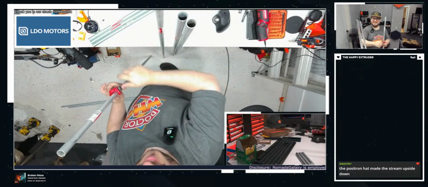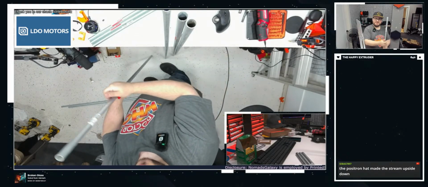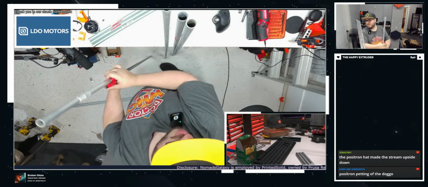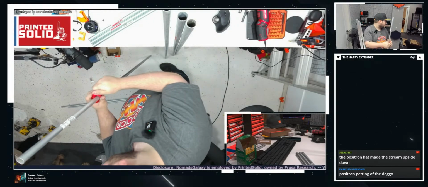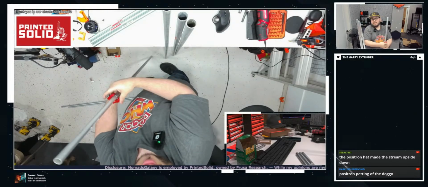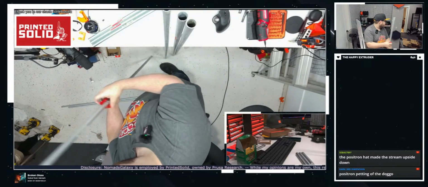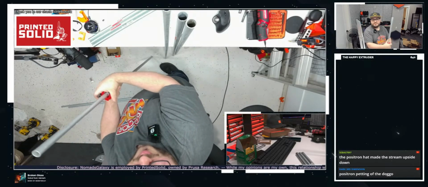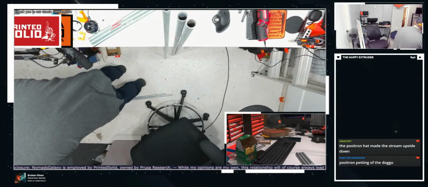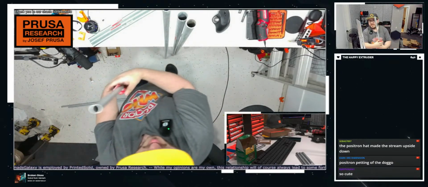There we go. Positron petting the dog. You see, that's why I'm fine with this camera feed essentially being upside down, because it's on brand for me. It really is. Callie, you want pets? Sorry for scaring the crap out of you with pipes. Didn't mean to.